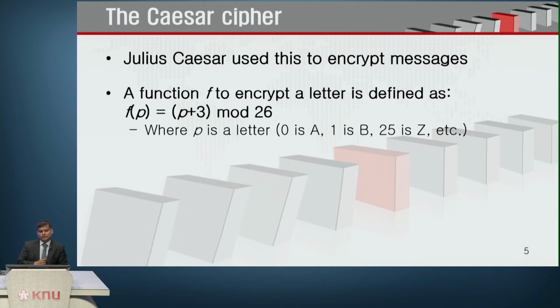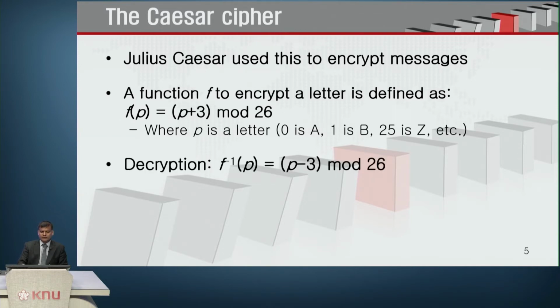So we have 0 for A, 1 for B, and 25 for Z. We are just mapping the digits with the English characters A to Z, and then